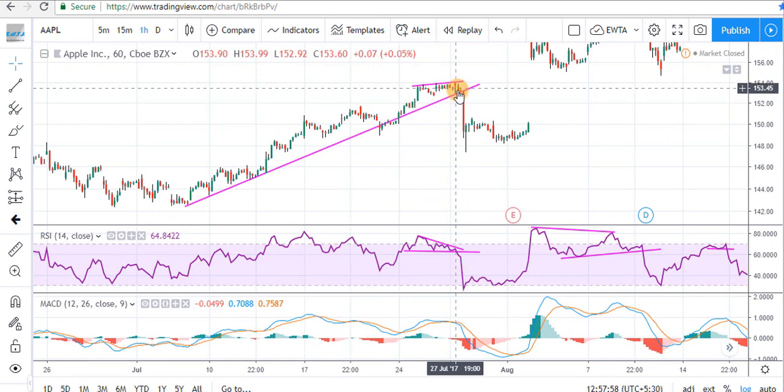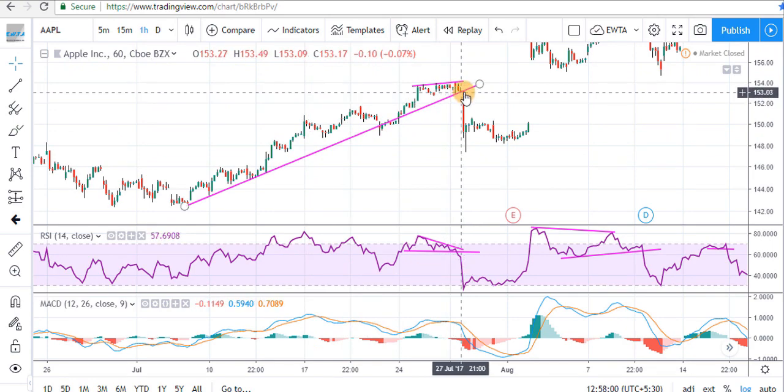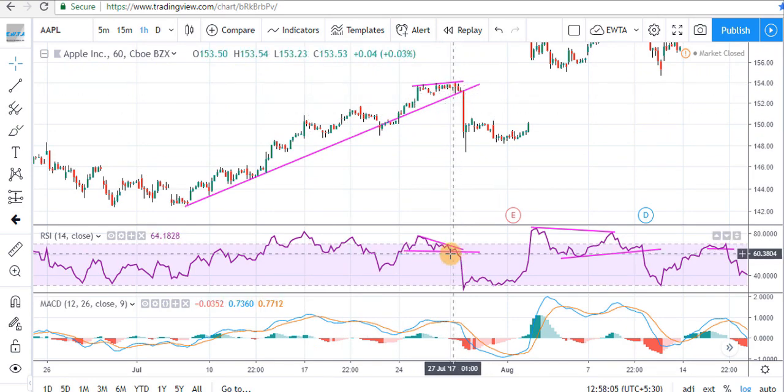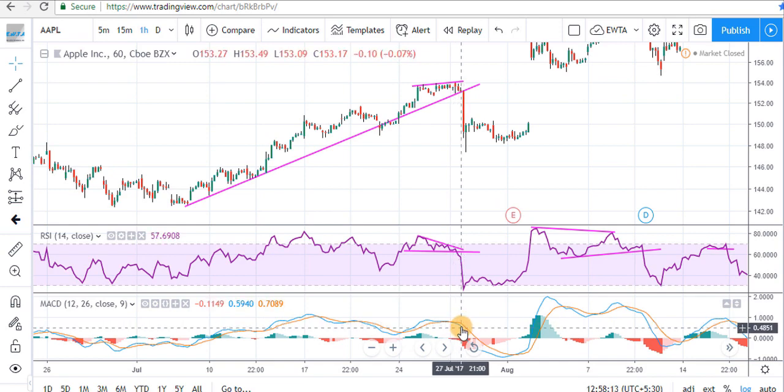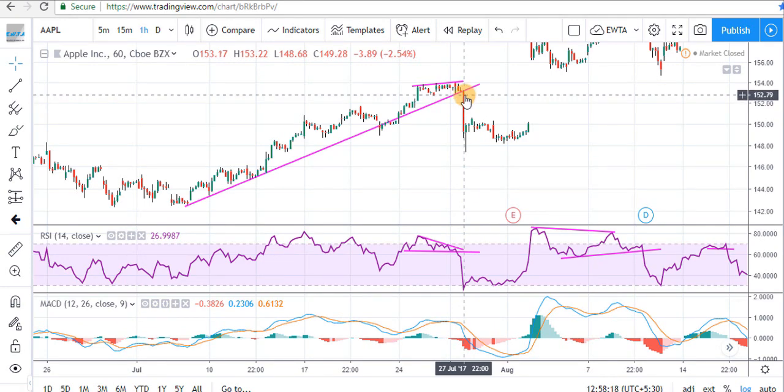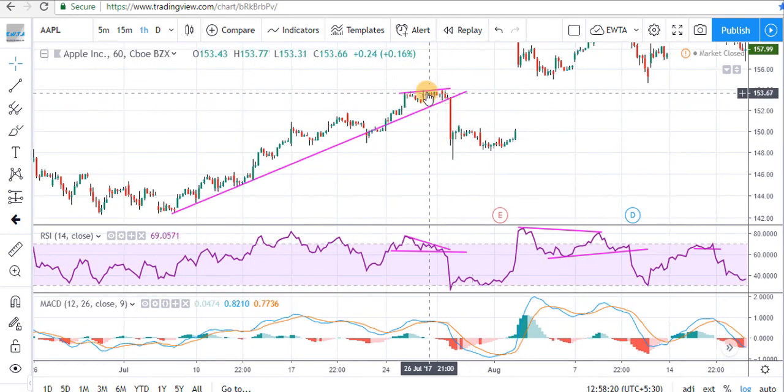So when prices are below this trend line at this candle, starting of this candle, RSI is already giving a short sell signal. So we will see MACD indicator for our confirmation. Here MACD is also giving a confirmation, so we can make our short position at the open of this candle. And our stop loss will be the recent high. This is the recent high.